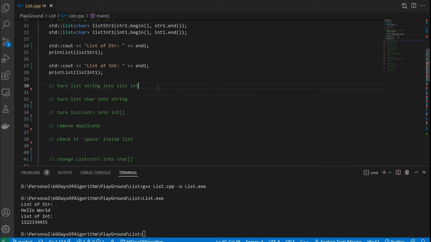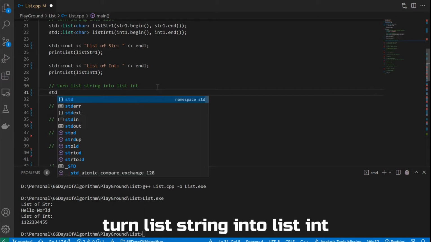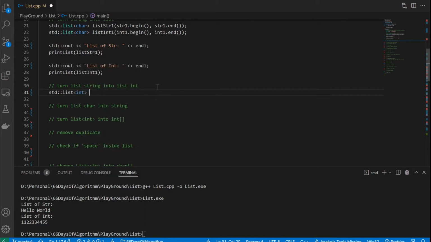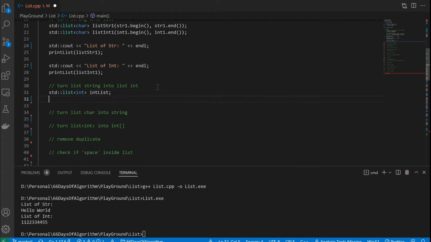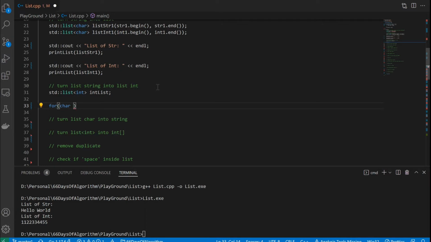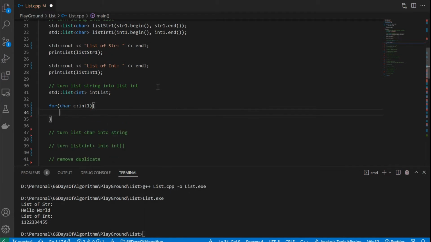We're going to turn the list into list of integer. Okay, for this one we're going to declare the list of integer, right? And I'm going to make this one integer list, but you can rename whatever you want. There's no problem in there. I'm going to iterate the char in integer 1. Okay, and then I'm going to say integer list. Okay, it's going to append or push back in here. Going to say c minus 48. This is what we call it,